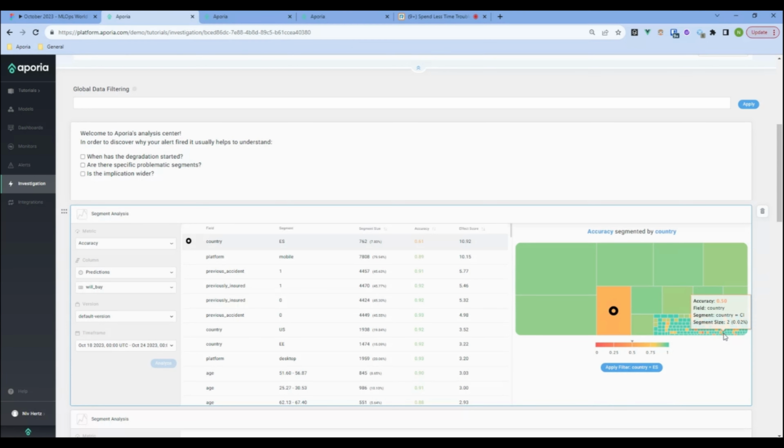For example, CI, which I don't even know what it is. There are 2 predictions here, and the accuracy is around 50%, but that makes sense because there are only 2 predictions. It's not something that I want to look at. What's interesting here is that the